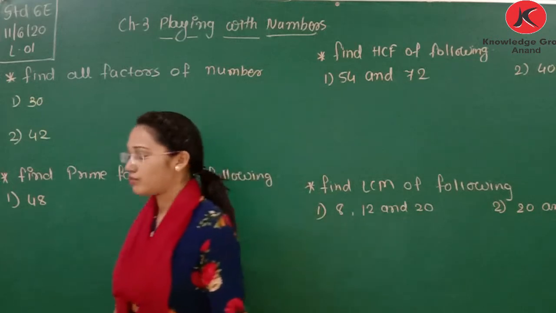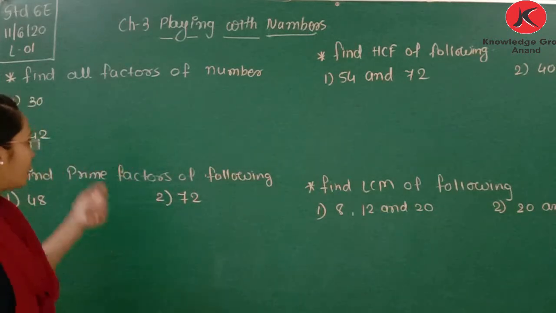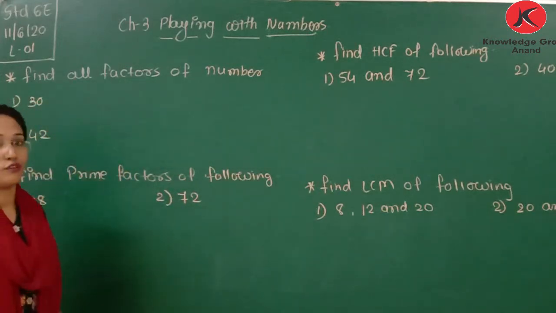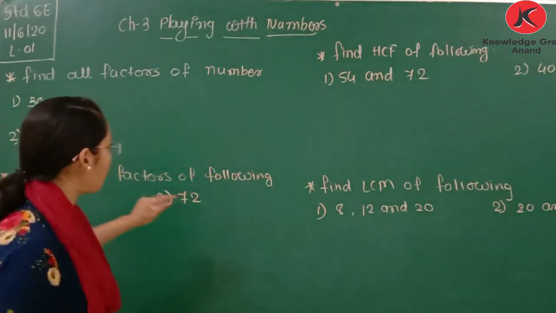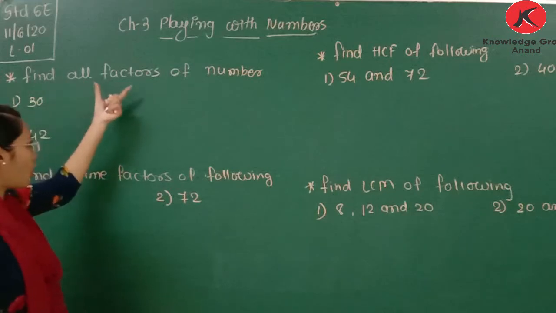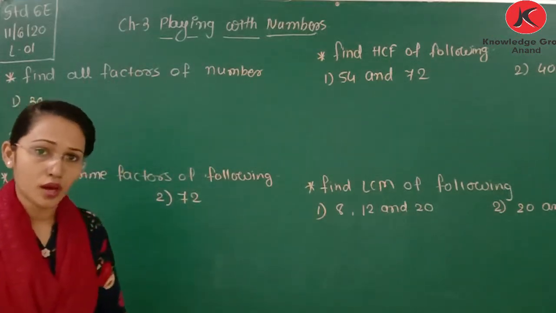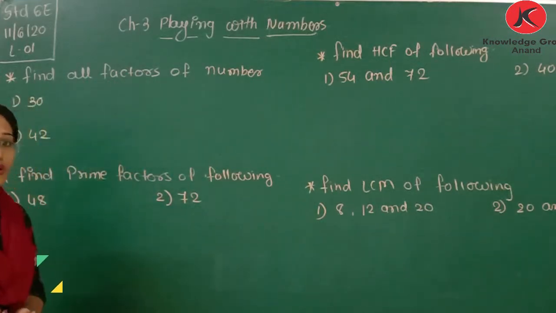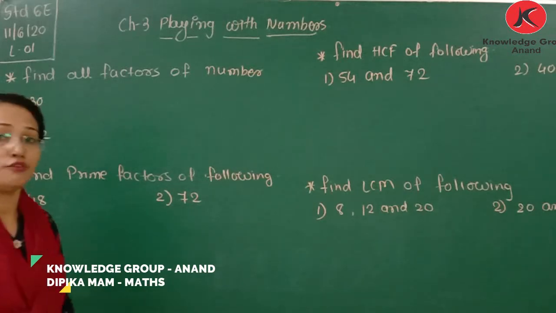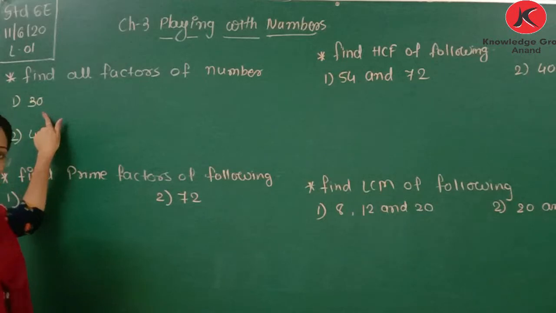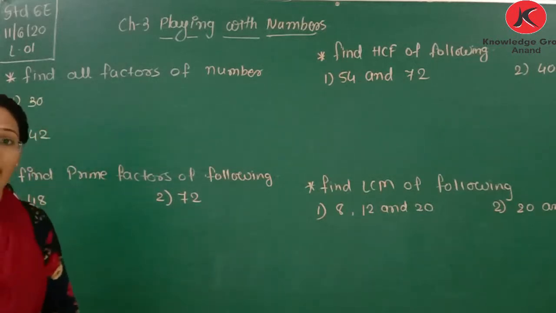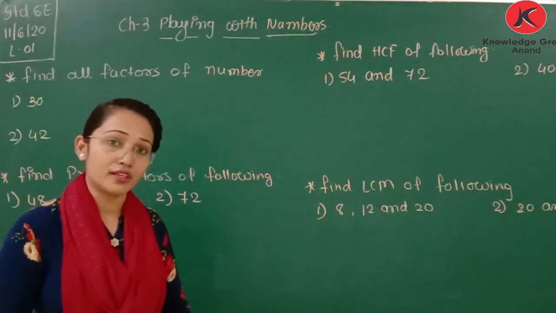So today we will revise some methods that find the factors of a number. Okay, આપણે factors find કરતા શીખ્યા. So if the question is like that, find all factors of a number, factors find करवाना. So you need to find in which table that number occurs, that is 30. So 30 કયા ટેબલ માં આવે છે તે એ તમારે factors લખવાના.